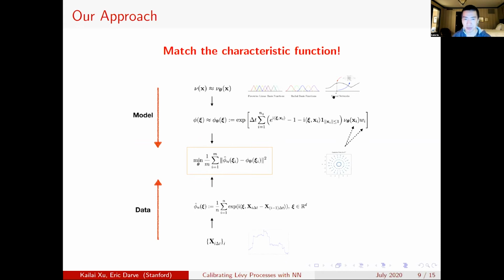Our proposed approach is to reduce the problem to a finite dimensional problem by applying some regularization using basis functions. For example, here, because the major challenge is the jump diffusion, the jump distribution, we approximate it by a parameterized function form, which can be parameterized by piecewise linear functions or radial basis functions.